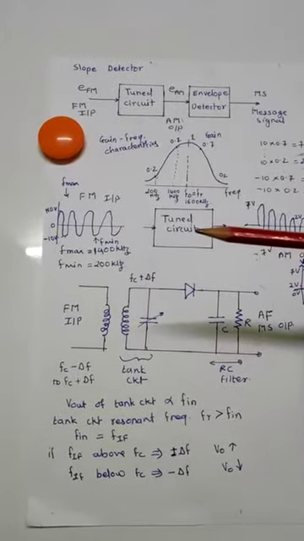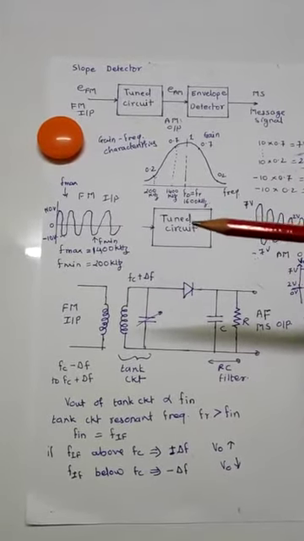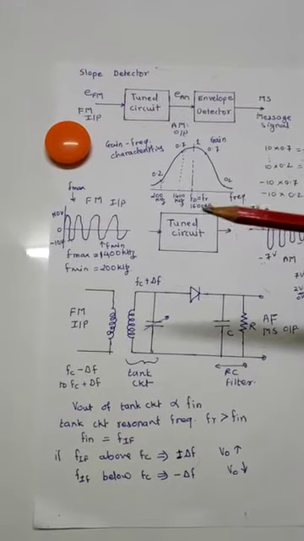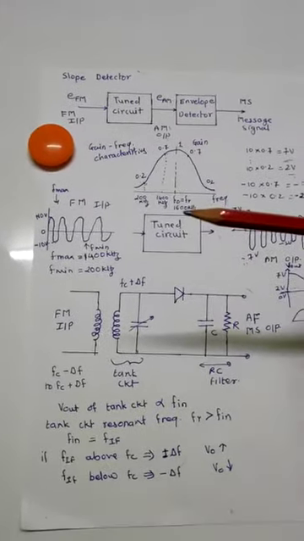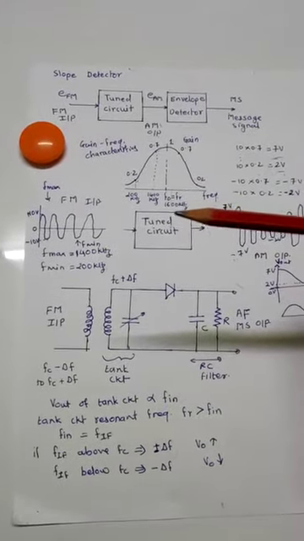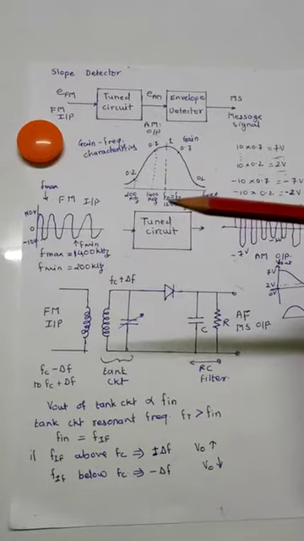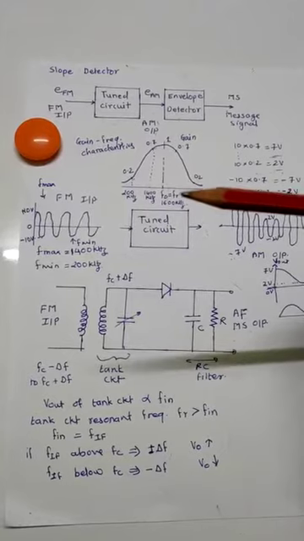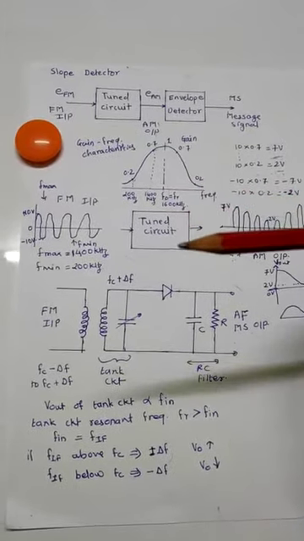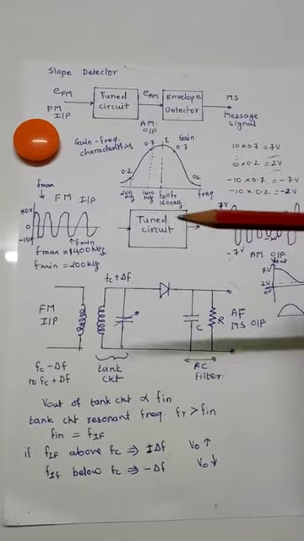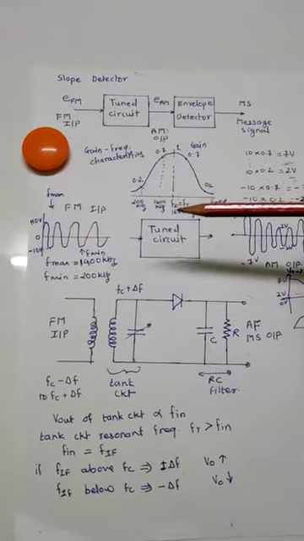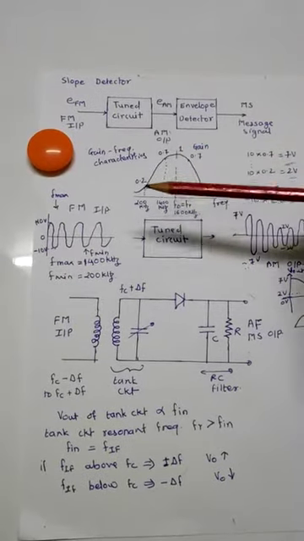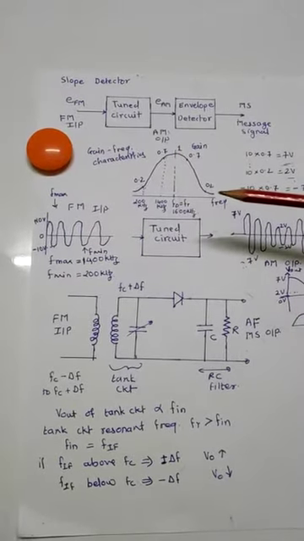Basically the tank circuit produces the maximum amplified output at the resonant frequency. Here we set the resonant frequency higher than the input frequency. If we plot the frequency versus gain characteristic for the tank circuit, then we find that for the resonant frequency we get the maximum amplified output signal, and for the rest of the frequencies we get an attenuated signal.